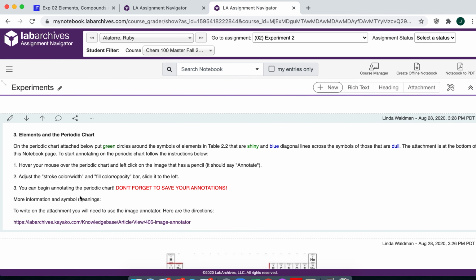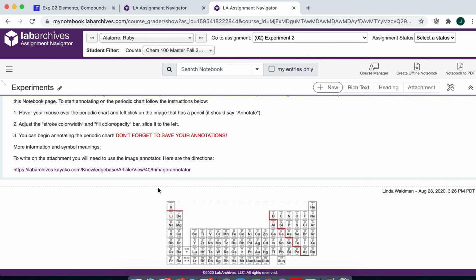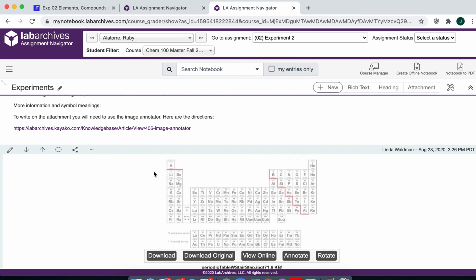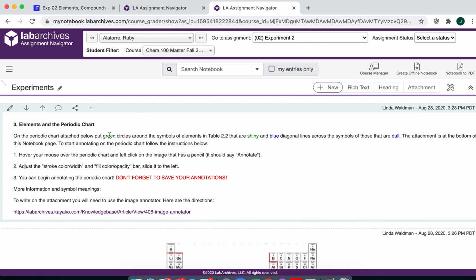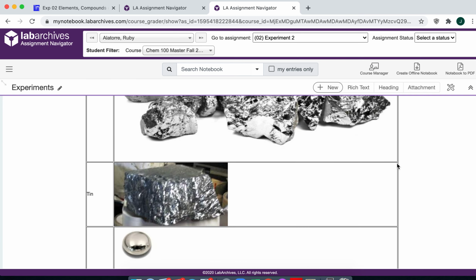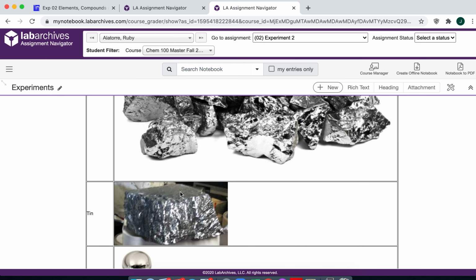Elements and periodic tables. So basically in this one, based on the periodic table given, you're going to annotate. You're going to put a green circle on the elements that are shiny, and put a blue diagonal line across the symbol of those that are dull. So based on this, I'm going to find them. So let's try